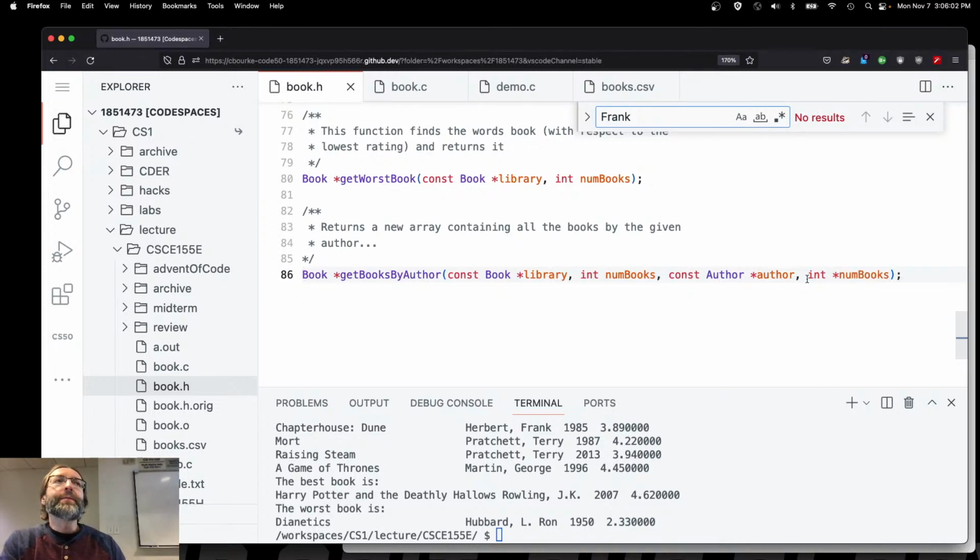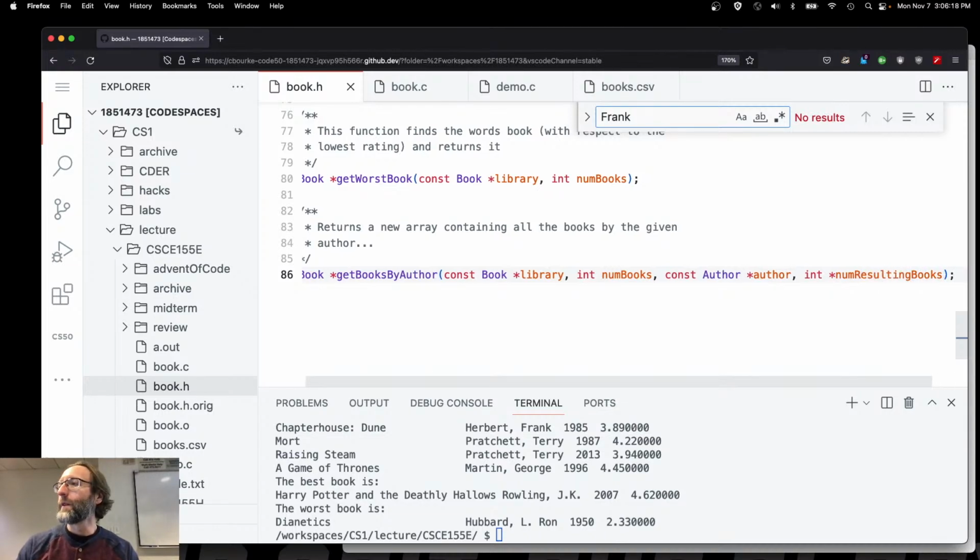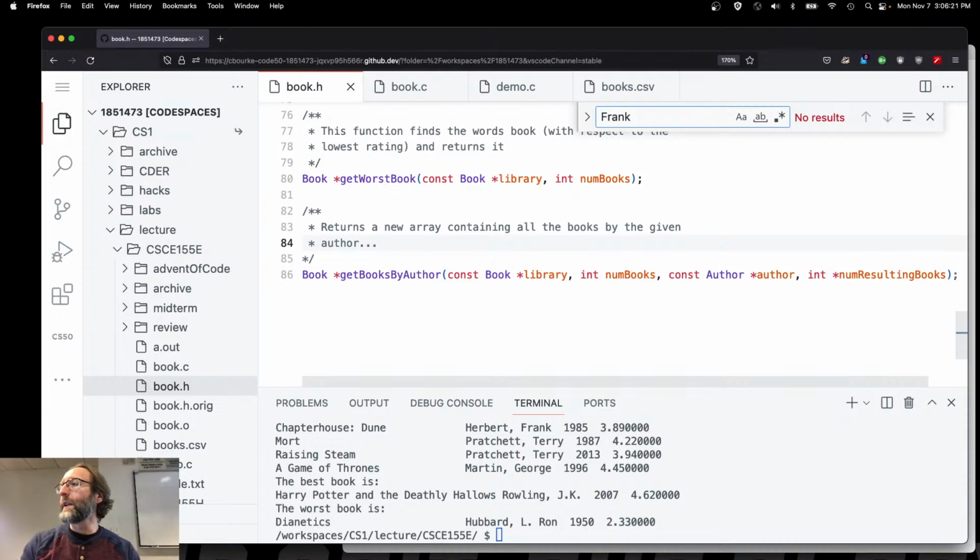Can I use the same variable name for the number of books in the original array and the number of books in the new array? Nope. So what? Numbooks in result? Num resulting books? There we go. So it returns a new array containing all the books by the given author, passed by reference. Right? In the array of books library,